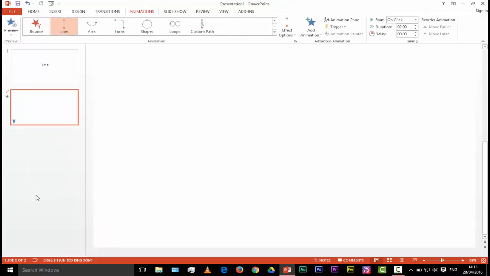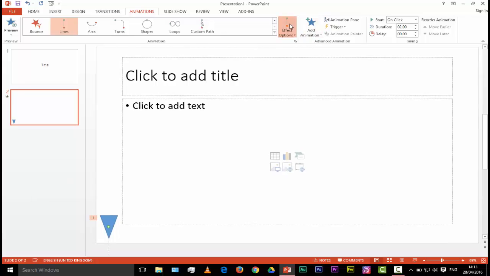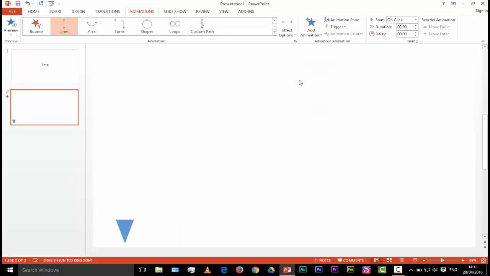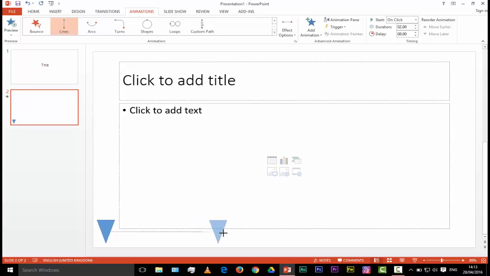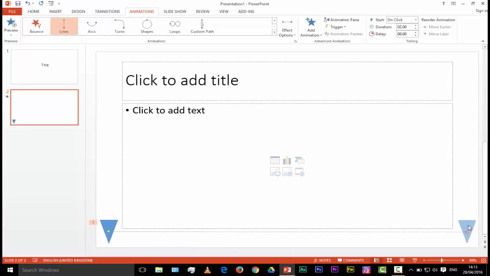Whoop, there it goes, because the default is to go down. If I click on Effects Options here and choose it to go right, that's good, but it only gets halfway at the moment. So let me click on this part here, and that brings it to where its destination is. And now if I make the cursor move to just that shape, I can drag it along to its destination. There we go. So that's the start, that's the finish. I need to now set the timer, and I want it to happen with the previous, and I want it to be 5 seconds. That's it.